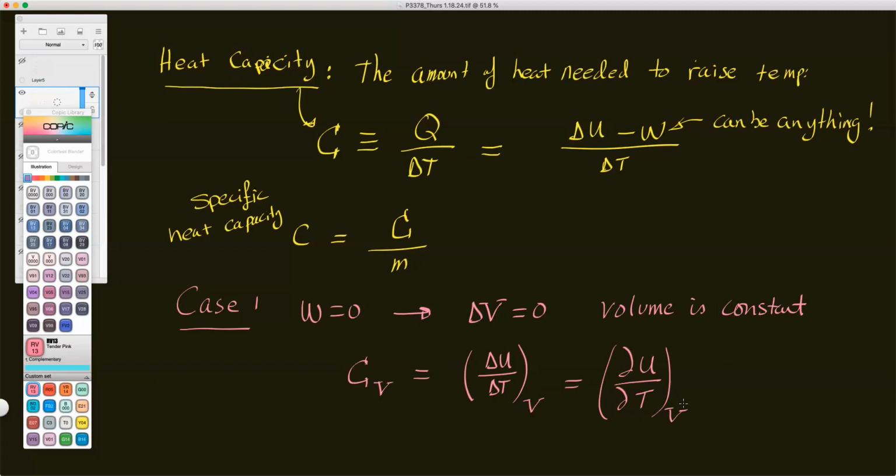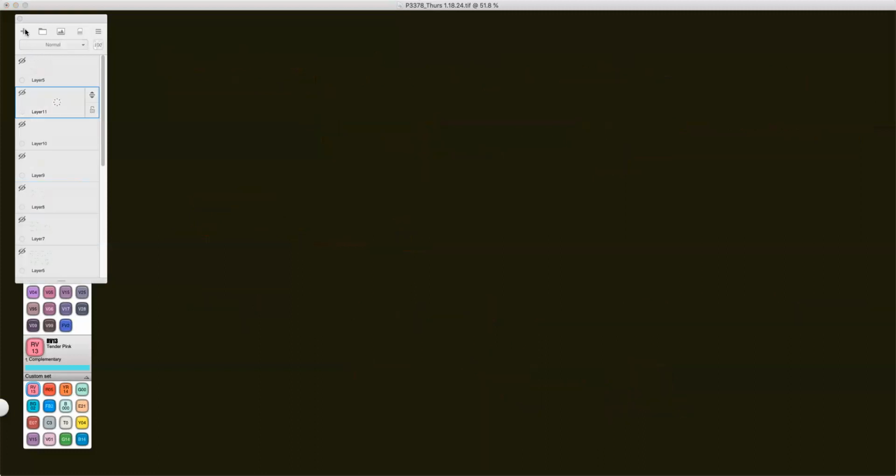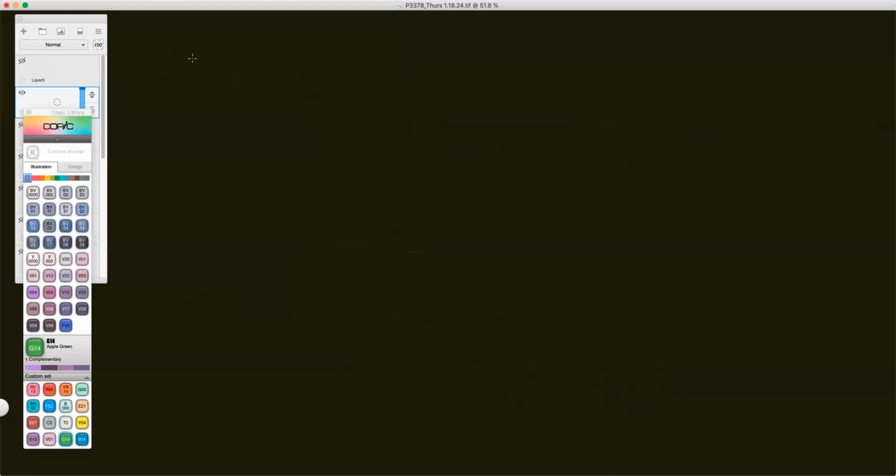The other case, of course, is where you have work being done, but let's narrow it down. Okay, so get another layer. So for case 2, let's do that in green. So case 2,